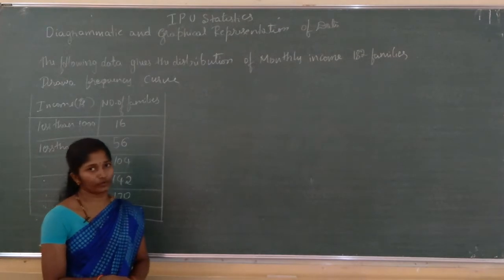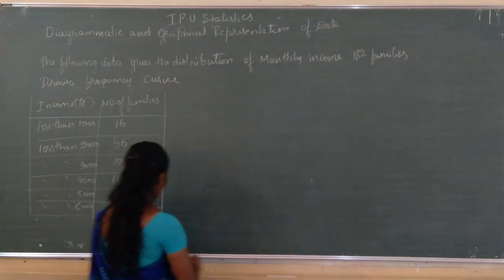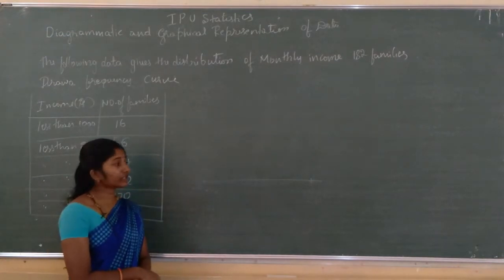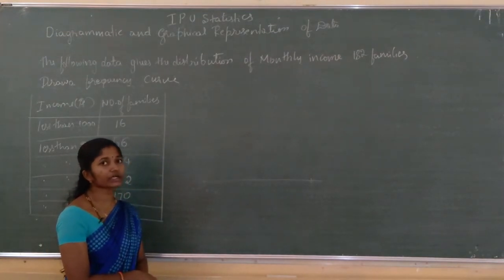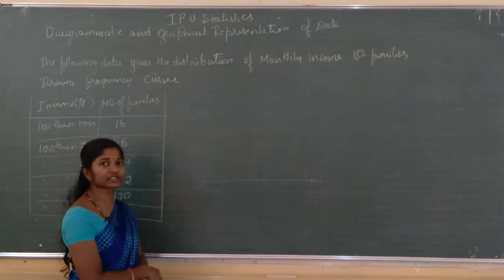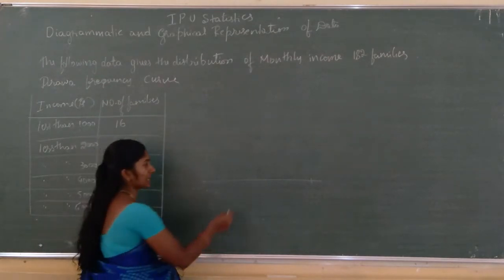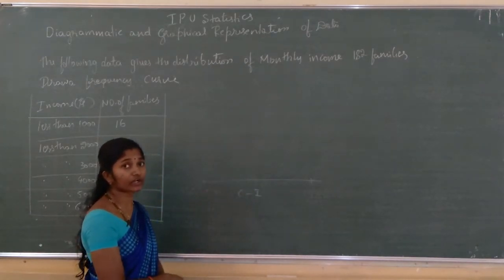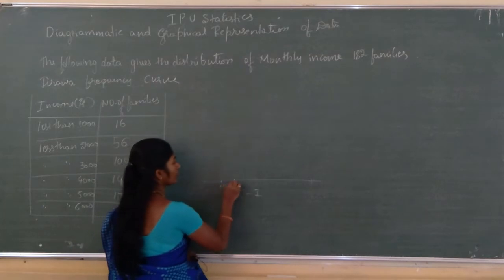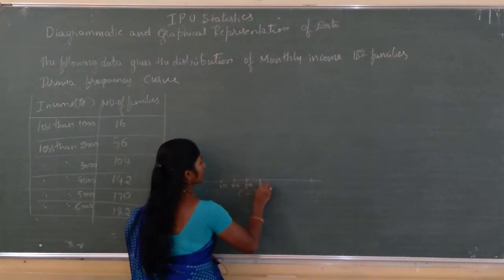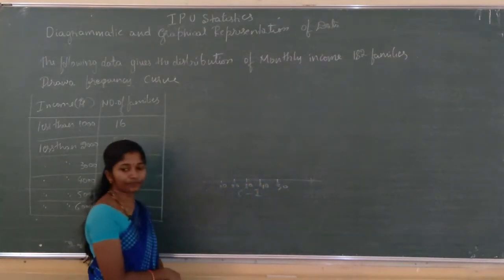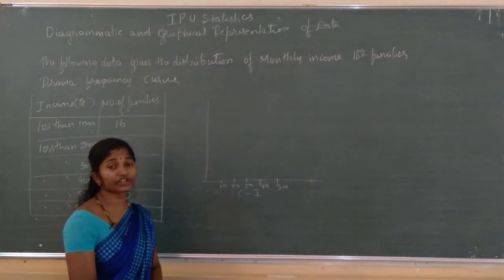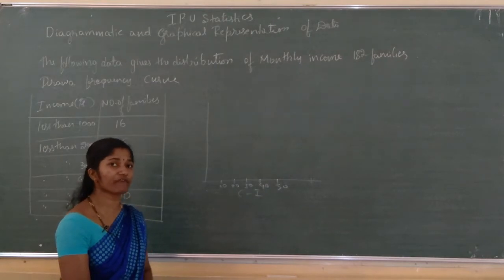In the frequency curve, what do you mean by frequency curve? See, frequency curve means, which one? Variables are taken along the x axis. In the x axis we are writing the variables, that means class intervals, that are of equal width. Class intervals, that are of equal width we are going to consider afterwards. Class frequencies, that is plotted against class mid values.